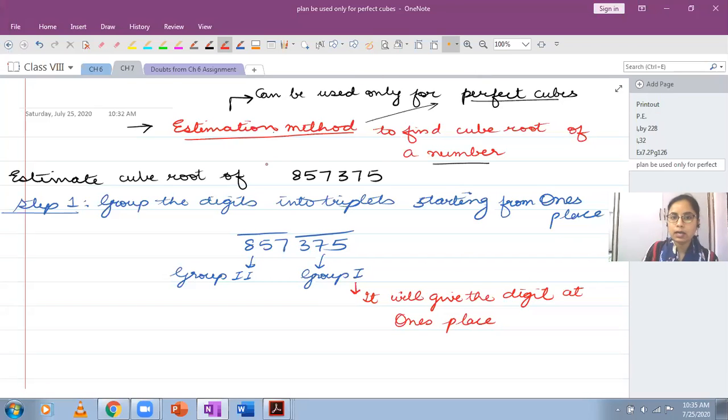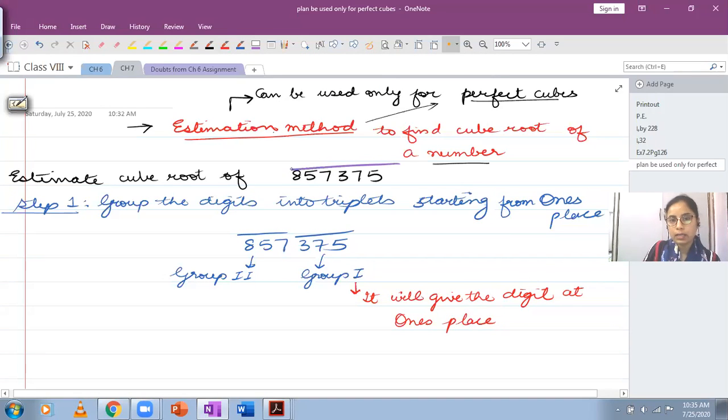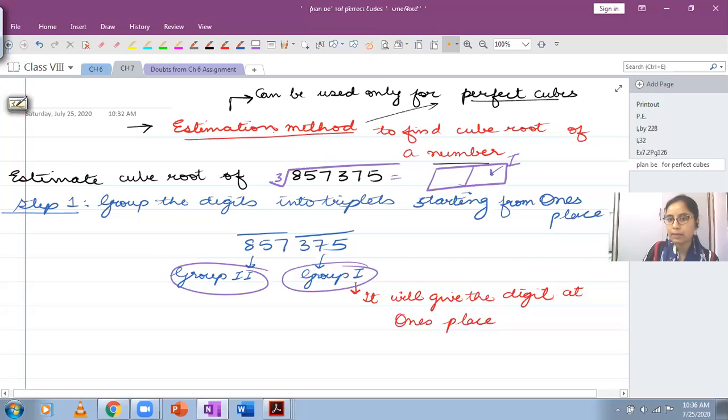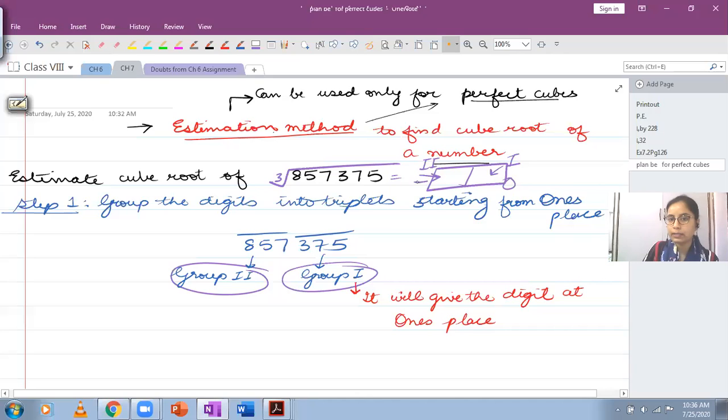It means कि अगर हमने इस given number का cube root find करना है, if you want to find out the cube root of this given number, then इसके आंसर में कितने डिजिट्स आएंगे? इसके आंसर में उतने डिजिट्स आएंगे जितने ग्रुप्स बन जाएंगे. तो यहाँ पे दो ग्रुप्स बन रहे हैं. आपको पहले ग्रुप से मिलेगा पहला डिजिट एट वंस प्लेस, and using the second group you are going to obtain the digit at tens place. This is what will happen. And over here you can just mention that group number 2, it will give us the digit at tens place.